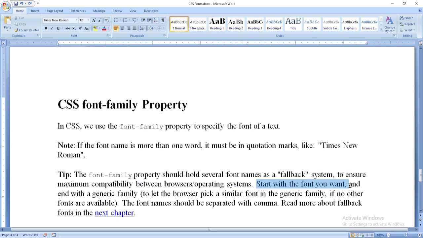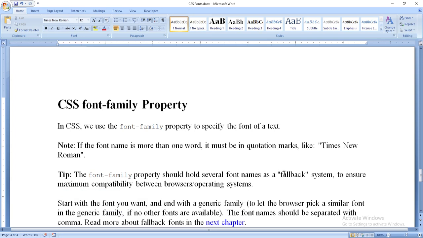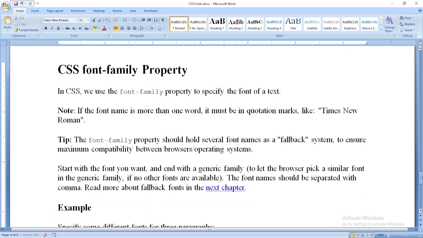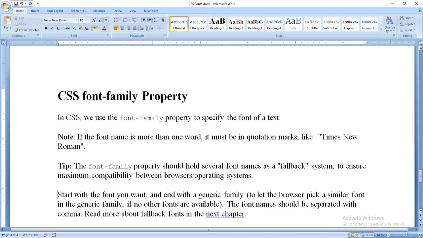Start with the font you want and end with a generic font family. So another tip right here is that you should start with the font you want and end with a generic font family,